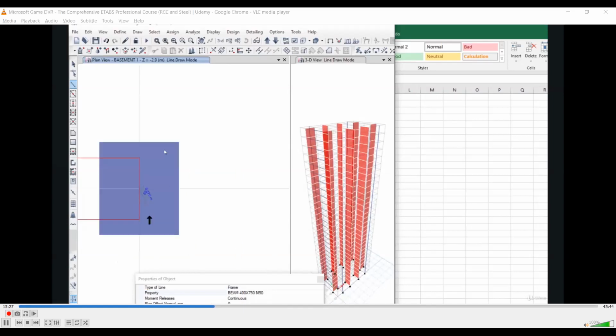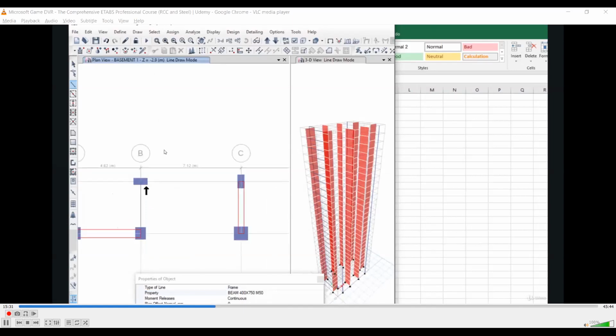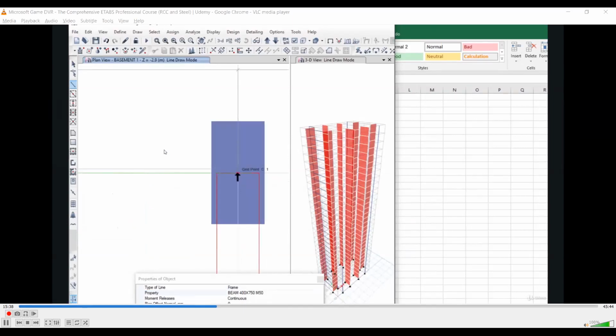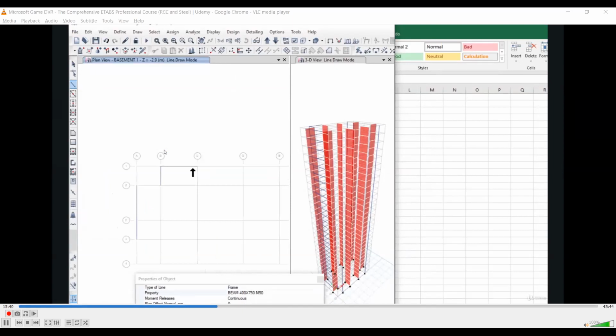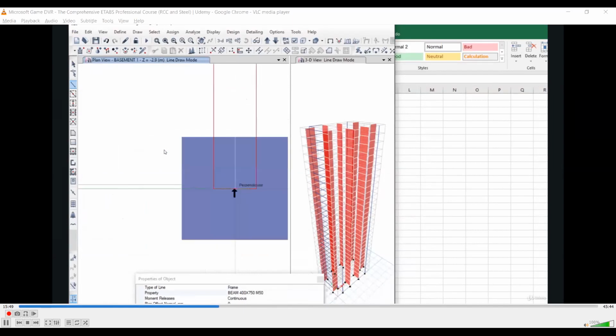After that, we need to select this grid point to grid point B1. After that, from grid point B1 to grid point C1. Notice that you should always release the left click when this name is coming. Otherwise, it will be snapped to some other point. This is not correct.